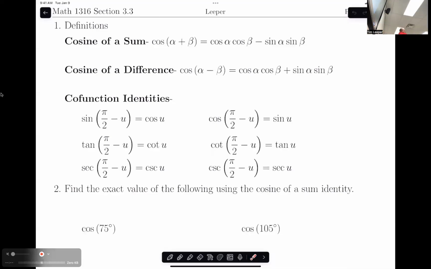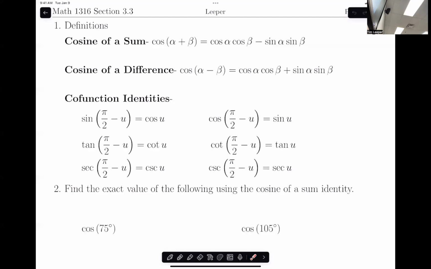Okay, so today we want to go ahead and look at section 3.3. 3.3 is where we're going to deal with a couple of identities. The first one is the cosine of a sum formula, and the other one is the cosine of a difference